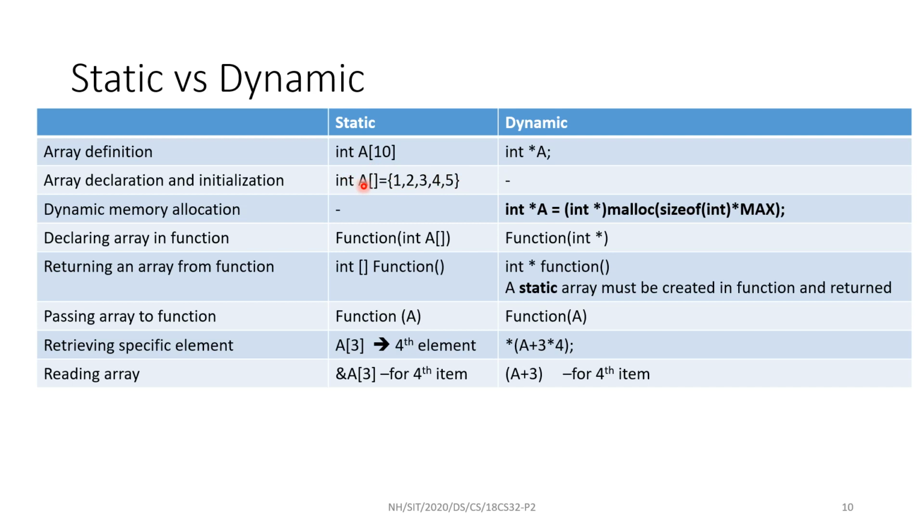The array is declared. As I don't know the size, it's okay, but I know the elements. Now what happens? It counts the number of elements that are there. In this case it is 5. The array size is 5, and the array is created which can hold 5. That size is fixed. This is a way to allocate the memory, and that happens before the execution. But in the case of dynamic, this is done during the execution of the program.